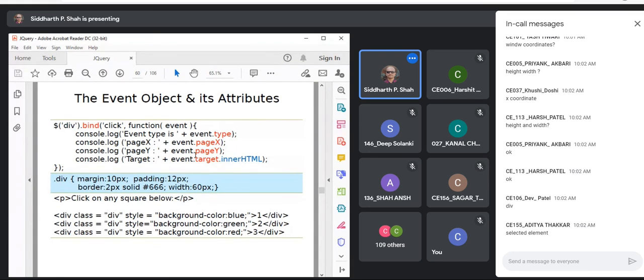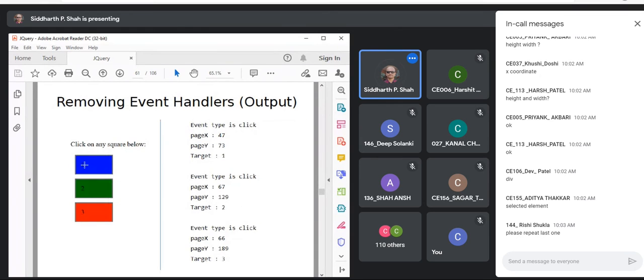So these are some attributes of the event object that you can use to get some information regarding the event itself. If you see the output, if you click on this blue square, that is a division, it says the event type is click, because that is the event type, and the coordinates are these, and the target is 1. Inner HTML of the target is 1, so you get the 1. Similarly 2 and 3.